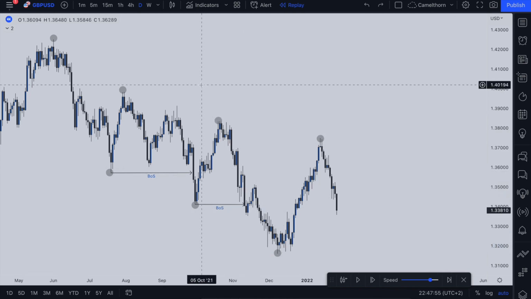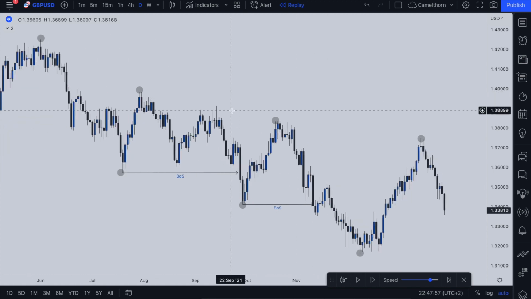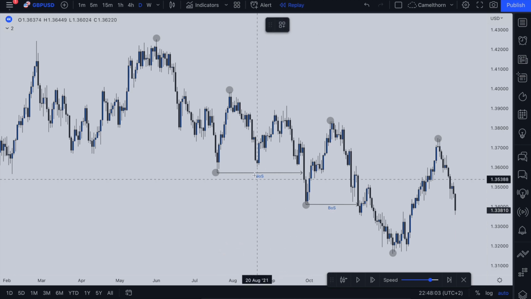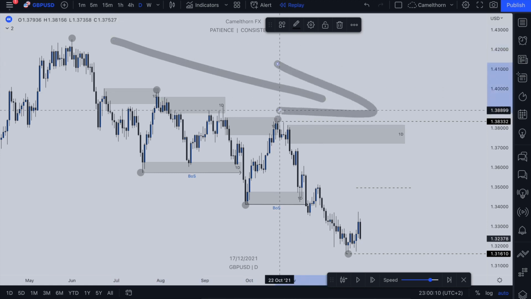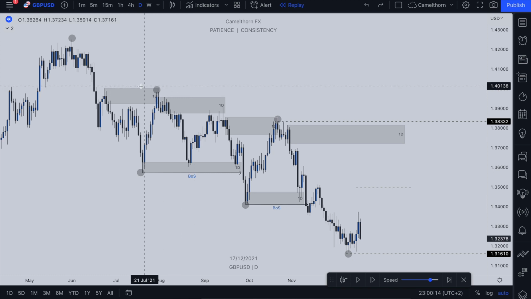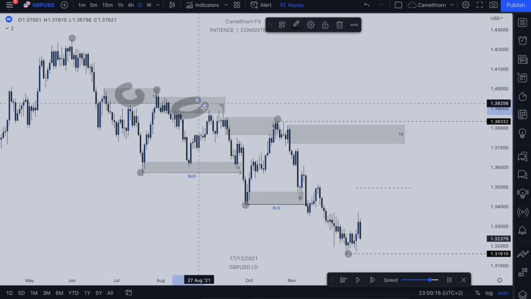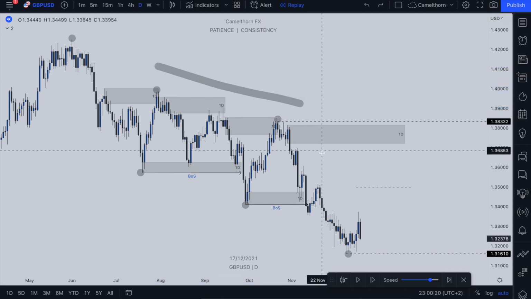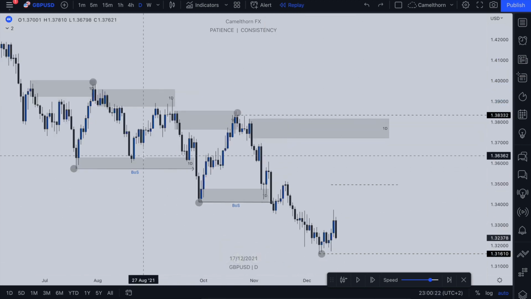After you map out your external structure, basically what you want to do is you want to go ahead and look for any supply or demand zones that have either been mitigated or that have not been mitigated yet. So we can see that price action is bearish here on the daily. Okay, we have marked out significant supply zones that have formed a chain. Okay, we have our valid breaks of structure to the downside showing us that we are in that bearish trend,